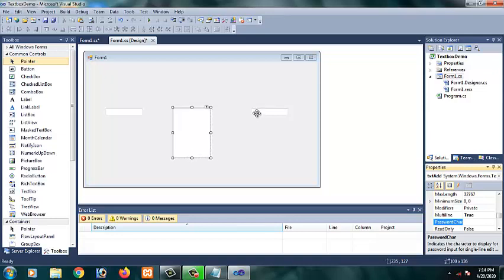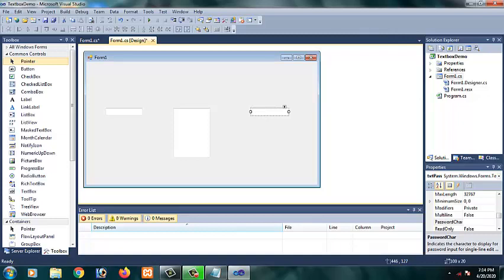Okay. Third one is password. The property to be changed for this is PasswordChar. So you cannot have multi-line to be true here. Password, normally you'll be having star as a character. You can have the same star, or you can change it to be hash, dollar, or anything else like that. So whenever you type a character, this will be shown in the runtime. So let's see how it is working first.